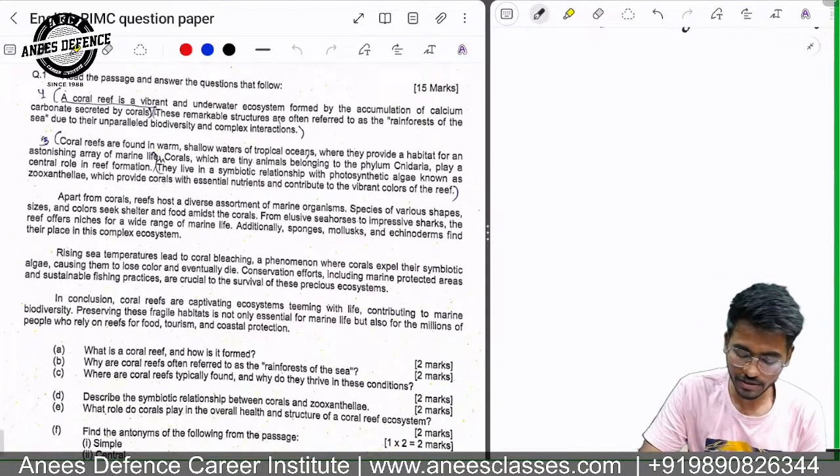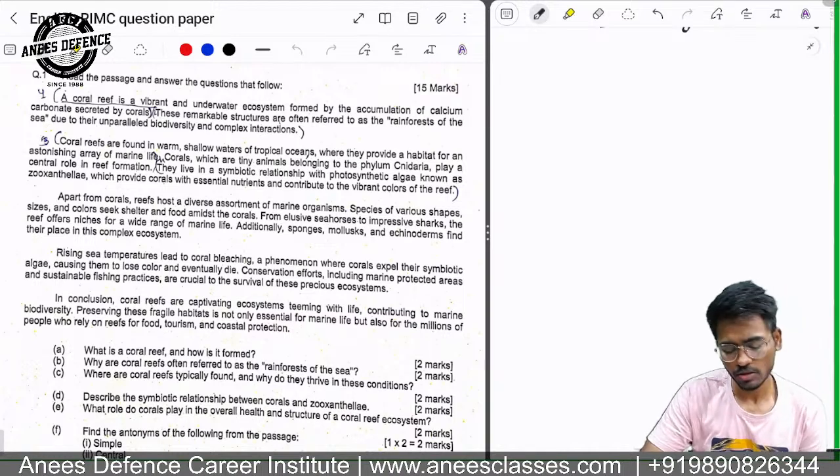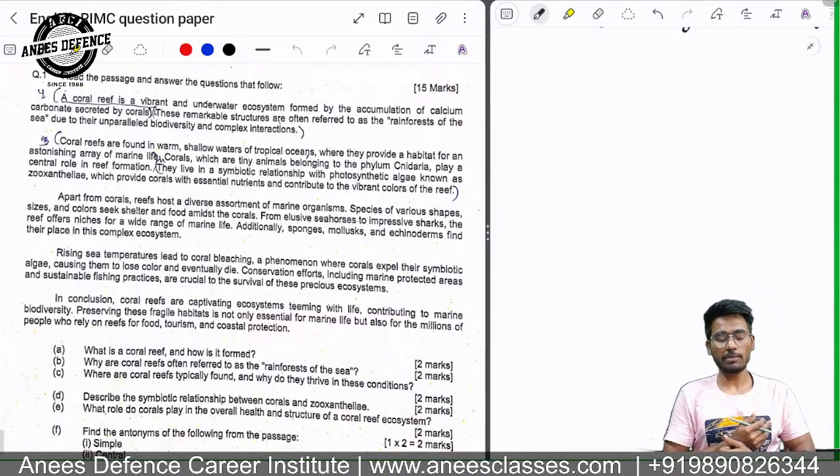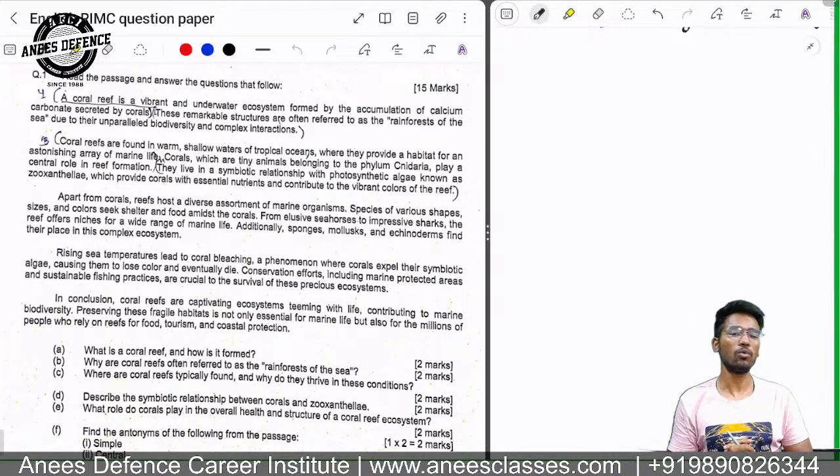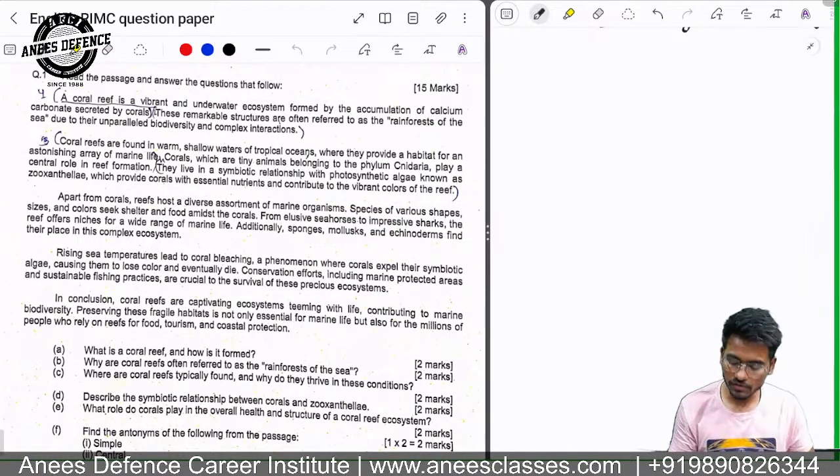So as we have read the paragraph, we are able to understand a few things about the coral, how is their ecosystem, how are they able to live. We have also studied this in geography about the corals. So basically, the entire paragraph is saying how a coral is made, what are the living conditions, and third, what are the adverse effects if the coral is bleached, and how they affect the marine habitat. One by one we will solve all the questions.